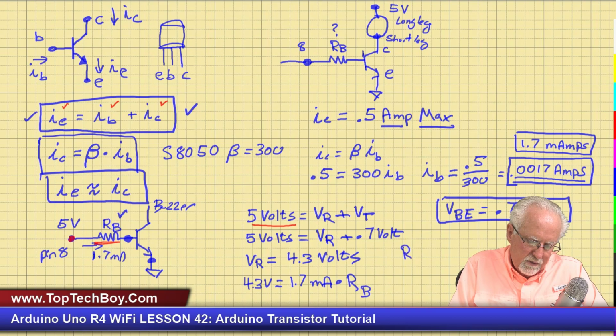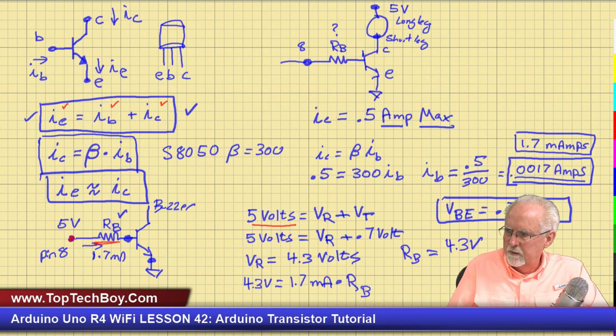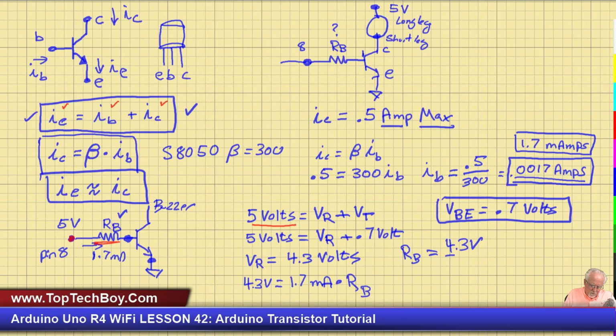So now resistor B, if I divide both sides by 1.7 milliamps, that would be 4.3 volts. I'm going to have to get even smaller. The resistor is going to be 4.3 volts divided by the 1.7 milliamps, and we need to put it back in amps, and so that would be 0.0017 amps. And therefore, if you put that in the calculator, RB is going to be equal to 4.3 volts divided by 0.0017 amps, and that is going to be